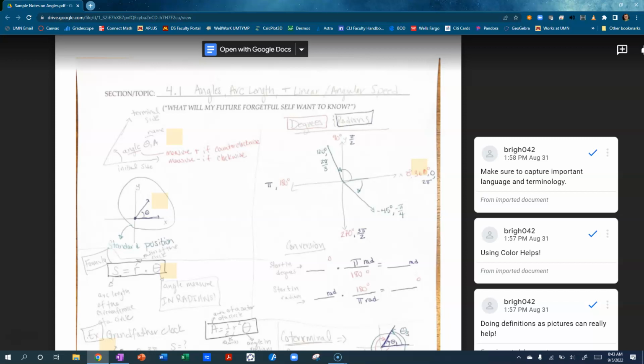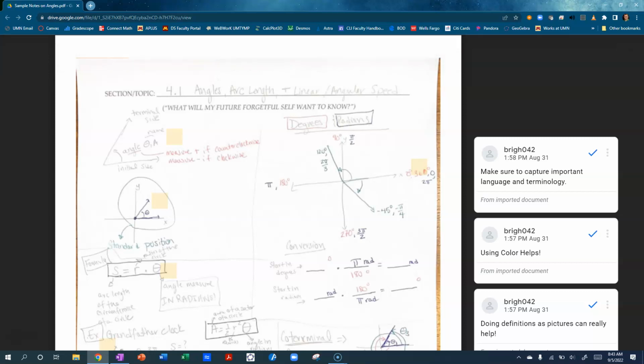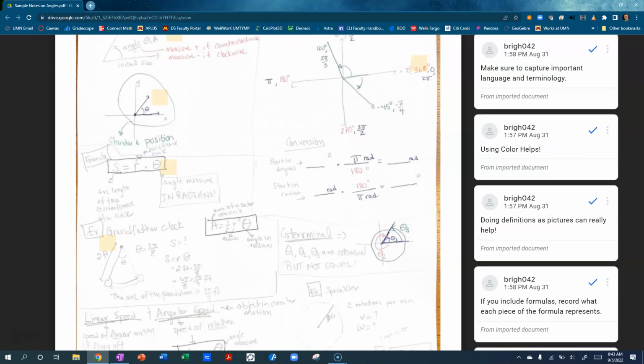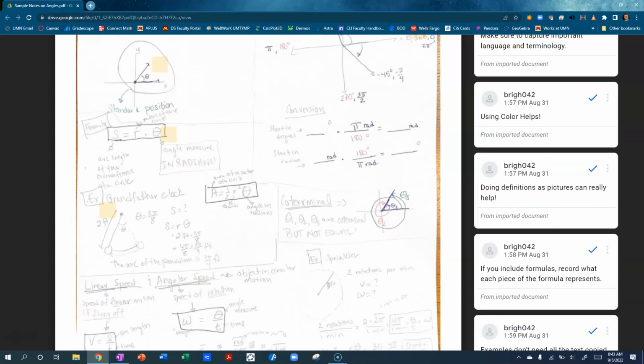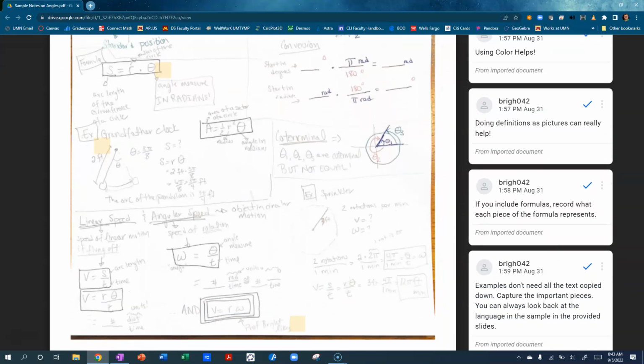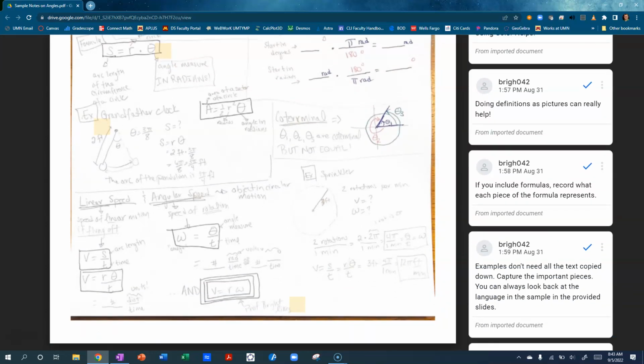It's not extremely clear from this scan of my work, but I used black pen, red pen, green pen, and pencil. The different colors really help. Diagrams also really help me. I'm a visual learner, so being able to put terms in picture form really helps. Math, of course, has formulas, so I have formulas with explanation as well as an example. Some other topics that I was less familiar with, or a student might be less familiar with, I have copied down too.